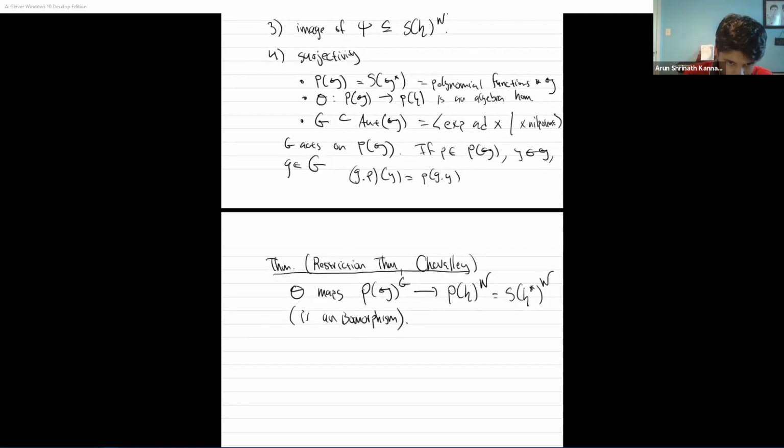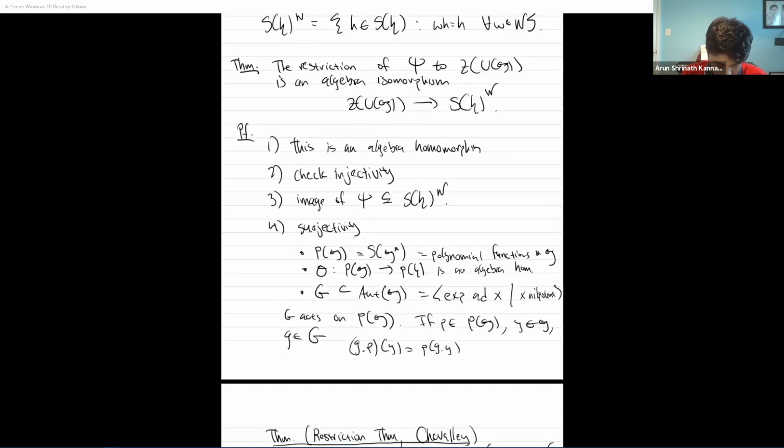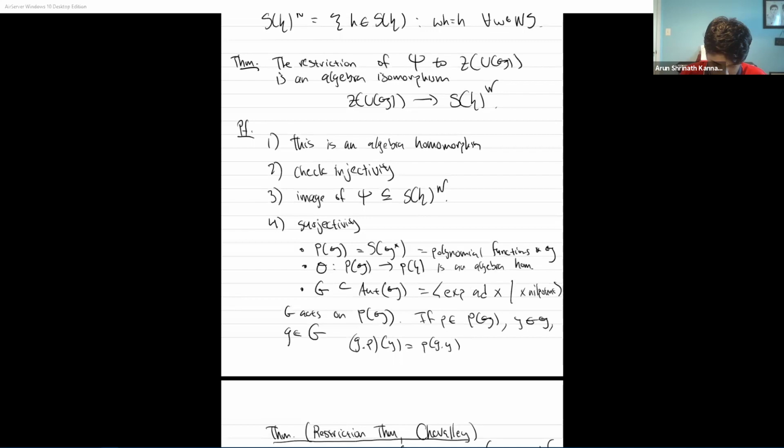Okay, and so then you can use the Killing form to identify G with G dual. And because the restriction of the Killing form to H is non-degenerate, we also identify H with H dual. And so this theorem rephrased using this identification is that you have an isomorphism as such. Okay, and so now it's kind of looking like the Harish-Chandra theorem here. I mean, this isomorphism theorem here, but